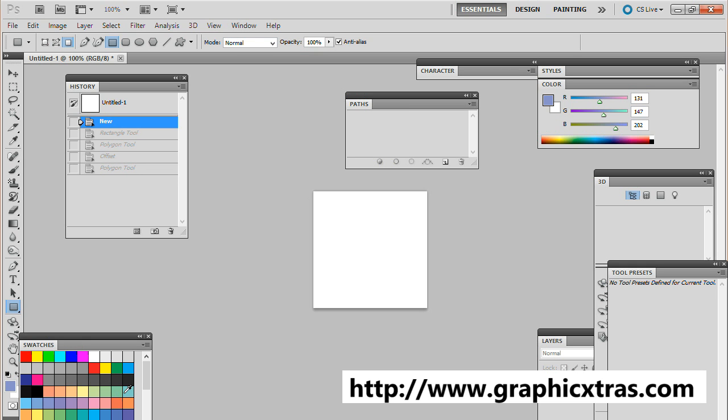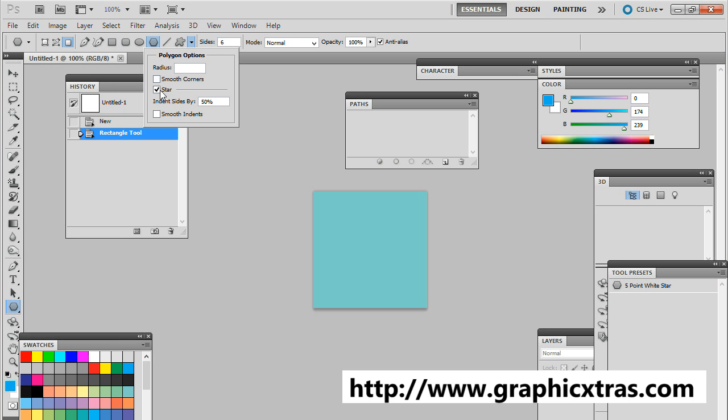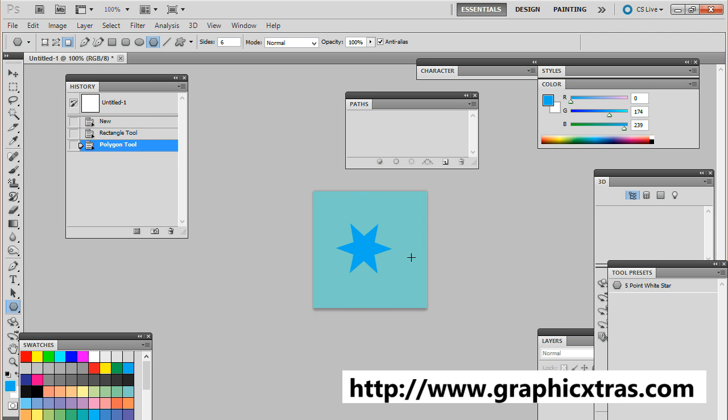I'm going for a subtle background, so I'm just going to use a light blue. Just apply that. Then I'm going to go to another color, select that, and go to the polygon tool. I could use the custom shapes tool to create different designs like a Christmas design, but I'm going to use the polygon tool, and it's set as a star option there, 6 points. So I'm just going to apply that in the middle. That's simple there. Basically I could go with that as an actual background, but I'm going to create a